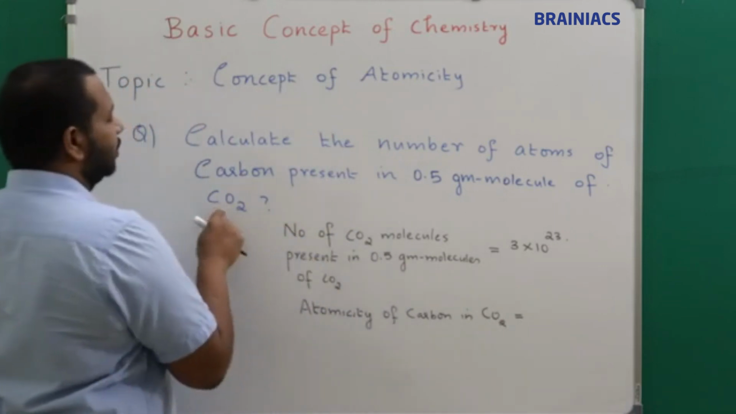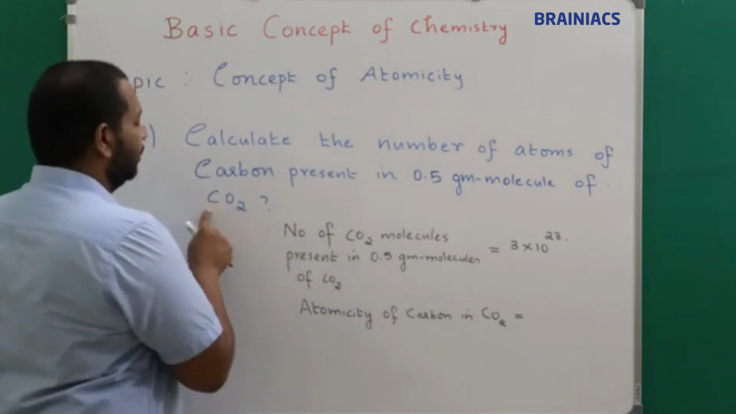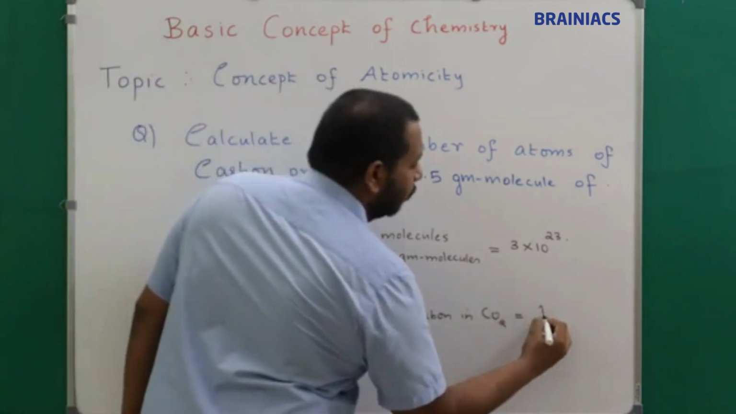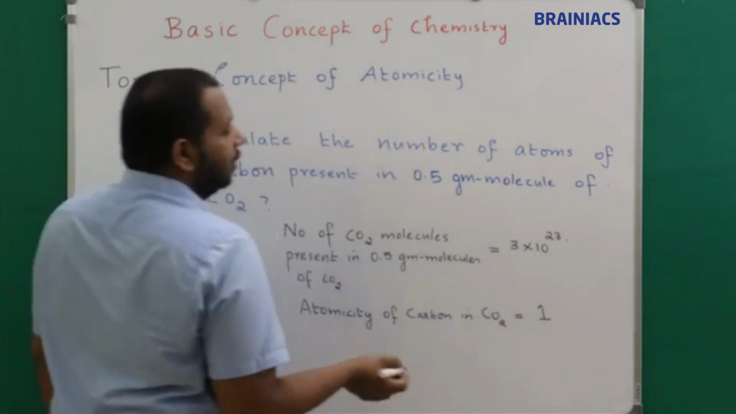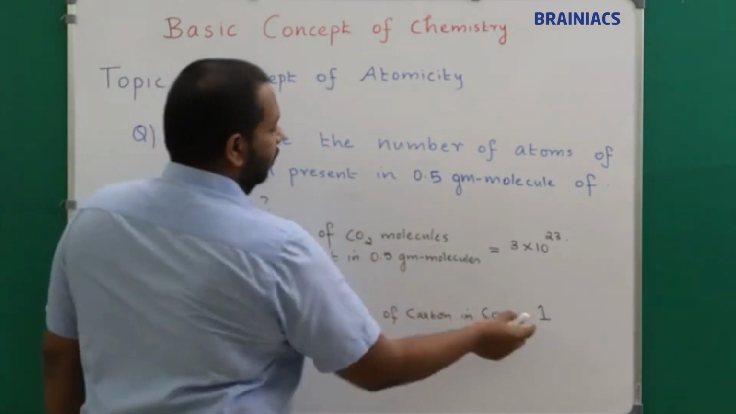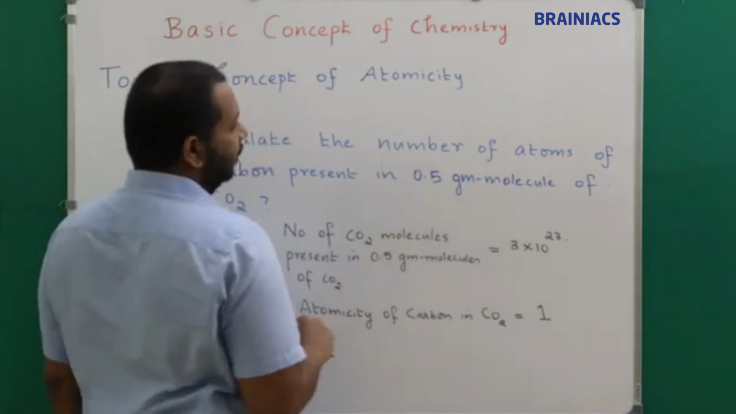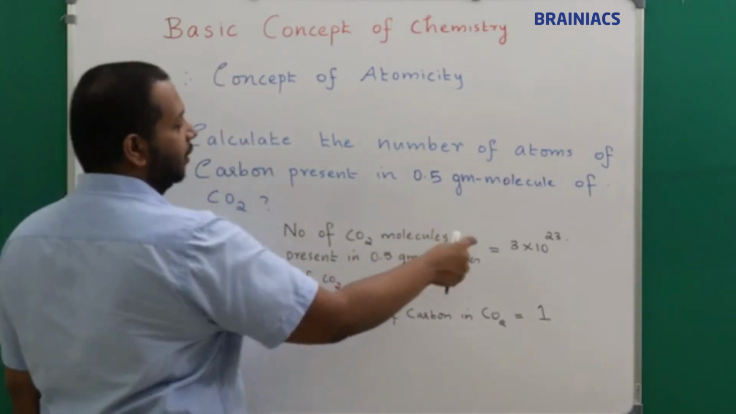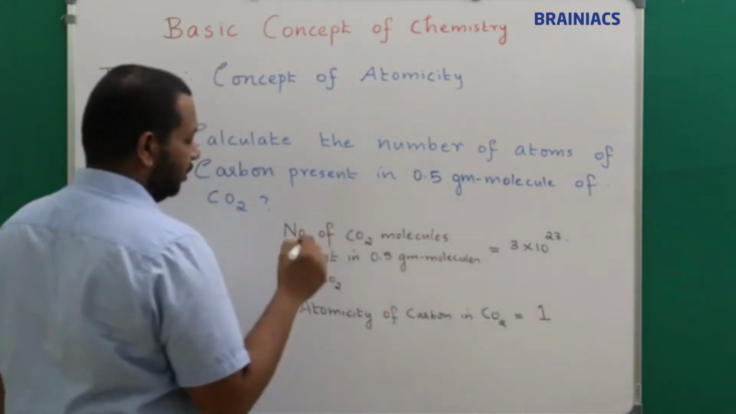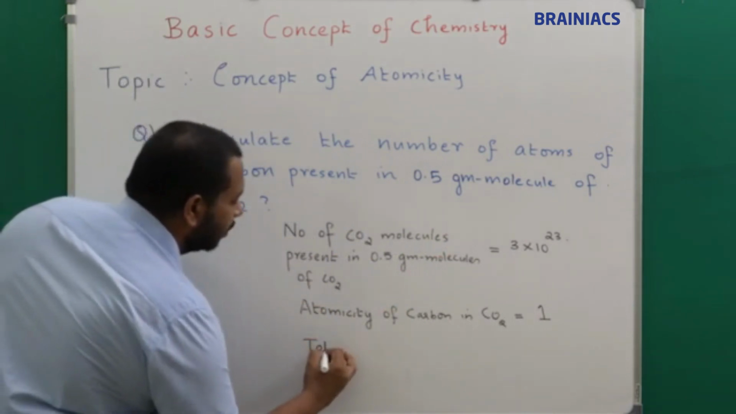How many carbon atoms are there in one molecule of CO2? It is 1. Now in one molecule it is 1. Now they are asking you to calculate in 0.5 gram molecule. So what is our step? Multiply the number of molecules with the atomicity. So total number